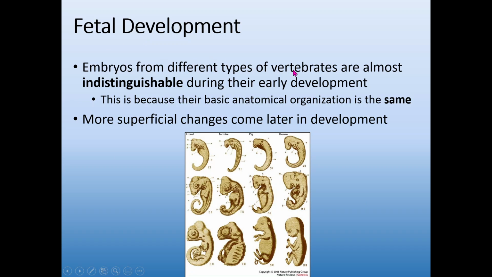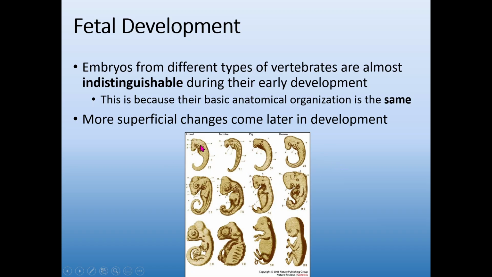All right, so this is what I was getting at. During those very early stages of development, all vertebrates look very, very similar. And that's because we all share an evolutionary origin. We are humans, which evolved from tetrapods, which evolved from fish. So we were all fish initially. That's how various forms of life all began. Everything was a fish-like organism. And so our earliest stages of embryology represent that.